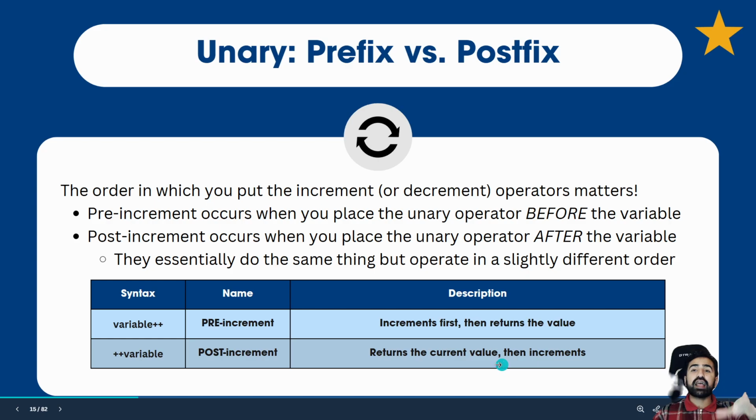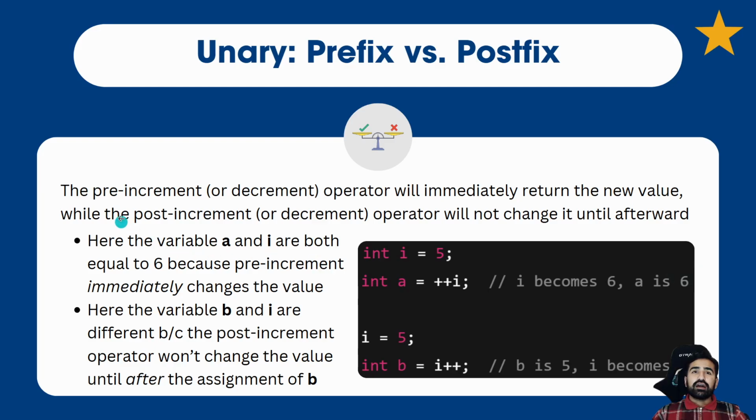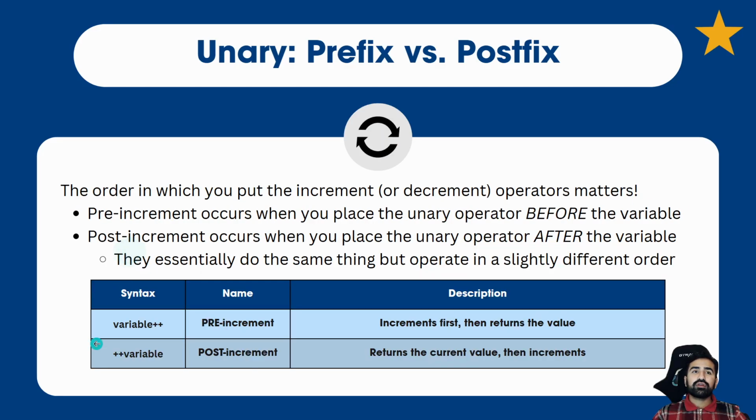So the change doesn't happen right away with post-increment or decrement, right? So remember with post, it's not going to make the change until the next statement. So let's see what that looks like and why that matters. In this example, we have i is equal to 5. And then we do a pre-increment. So we do plus plus i. Remember,